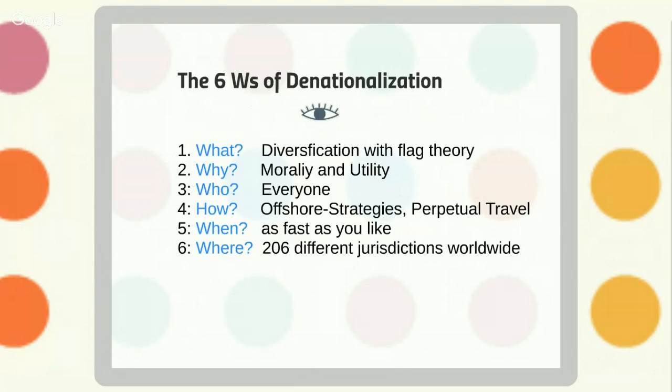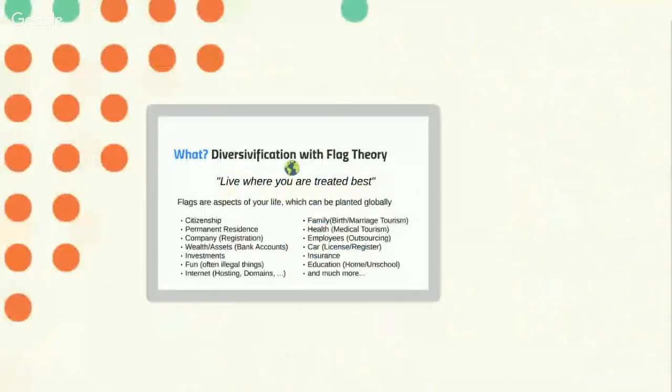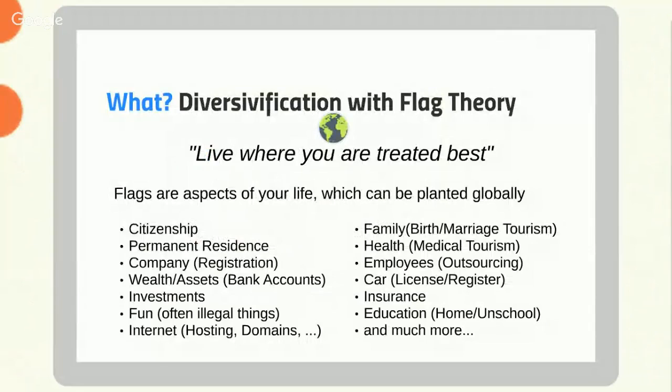Now, we're just starting again with the first W, the what. What? Diversification is flag theory. Well, the basic premise of flag theory is live where you are treated best. So basically, you just search for the location on Earth where you are treated best, where the government, the local people, the local companies can provide you with the best service. So basically, flags are the aspects of your life which can be planted globally. So you can choose the flags yourself. You can choose yourself how many flags you want to plant,